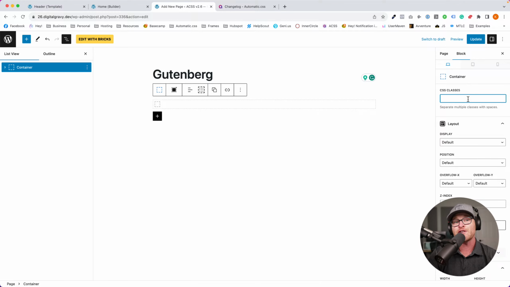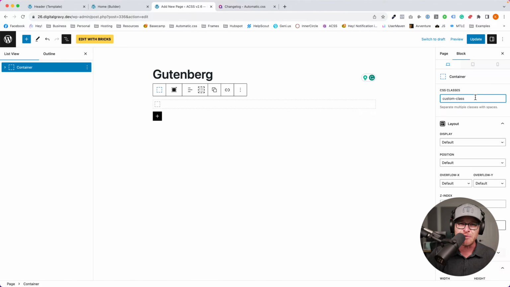So if you're going to use custom classes in Generate, you basically do what I do. You say custom class, and then you hop over to a child theme CSS file or a WP code box or the front end customizer, and you can start styling. You basically write your own CSS for the custom classes.